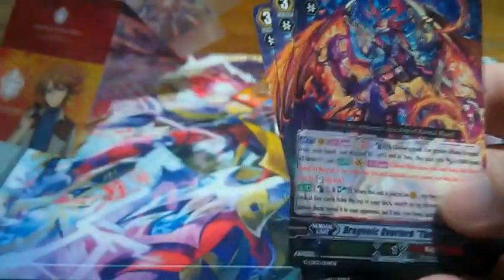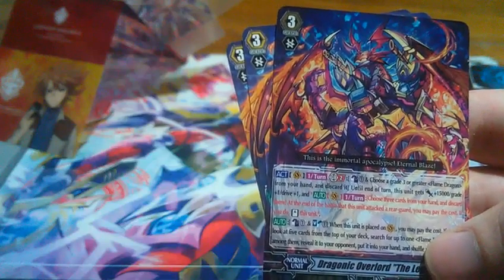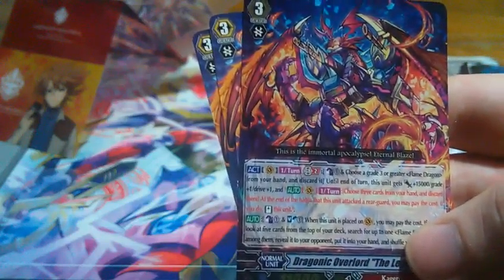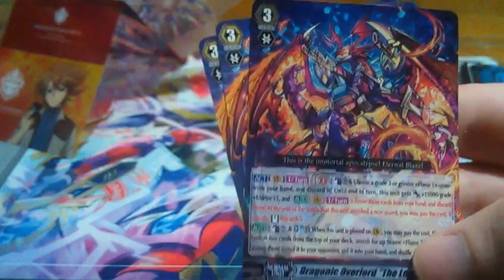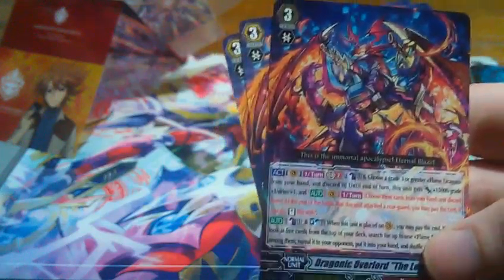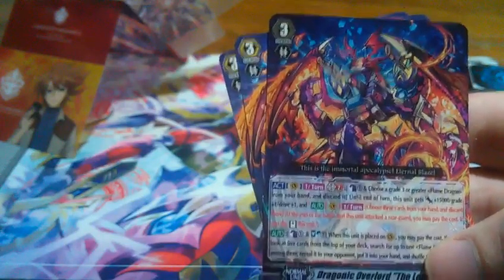Beginning the first half of the second deck, or whatever. We have 4 of the Dragonic Overlord the Legend. With a 1-turn Generation Break 2 of Counterblast 1, choose a grade 3 or greater Flame Dragon from your hand, discard it. Until the end of the turn, this card gets plus 15,000 power, plus 1 grade, and plus 1 drive, and the ability to discard 3 cards from your hand